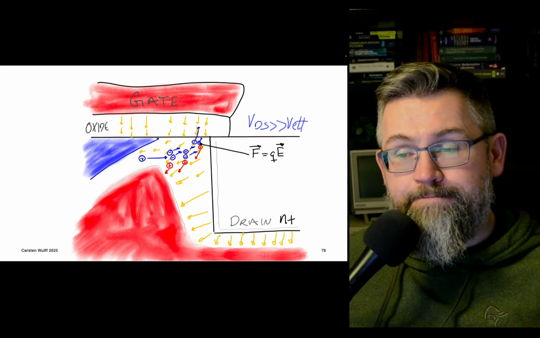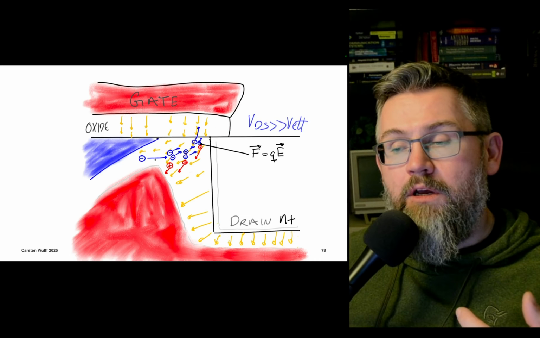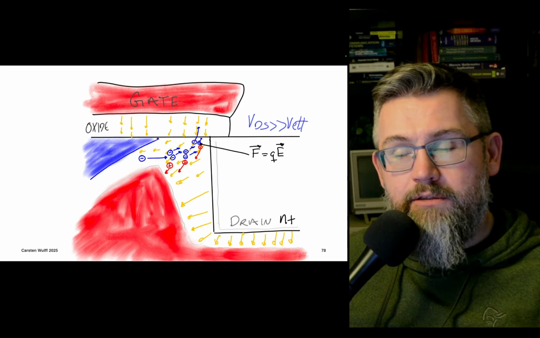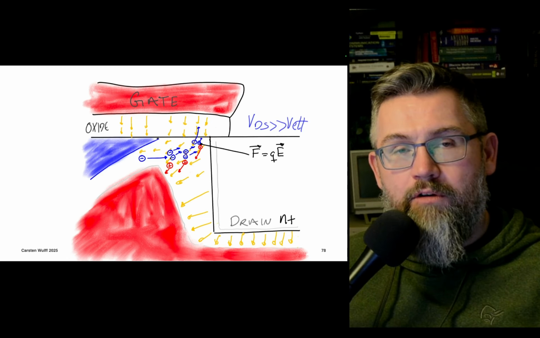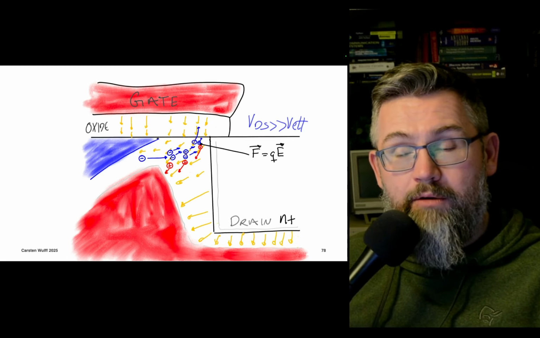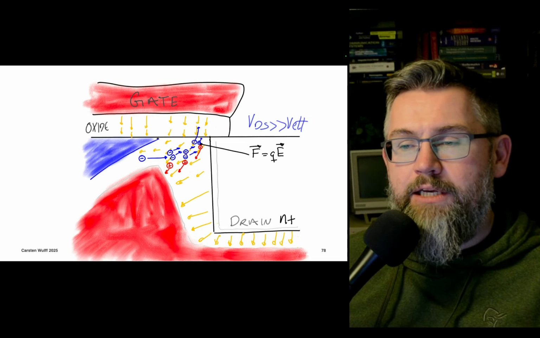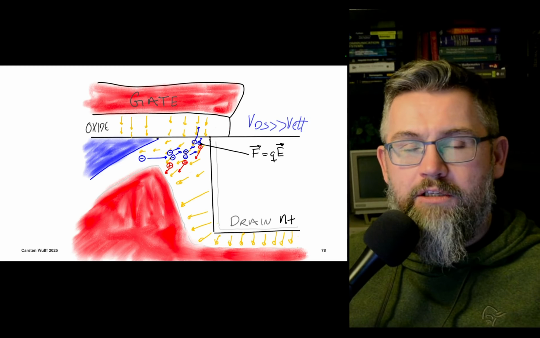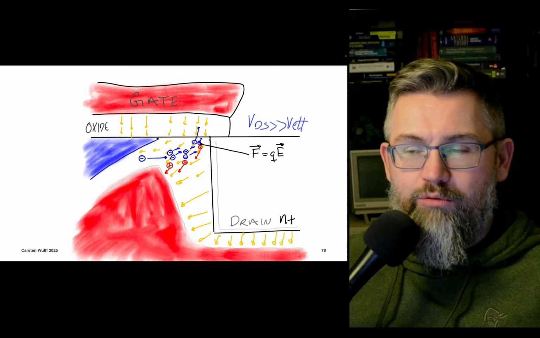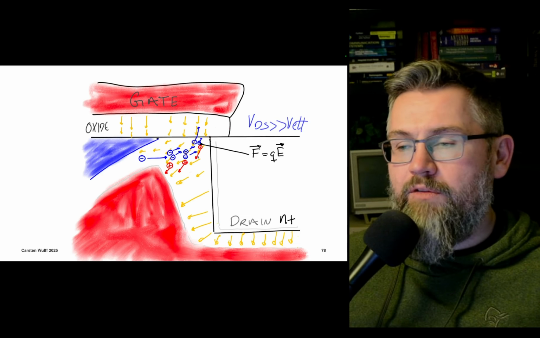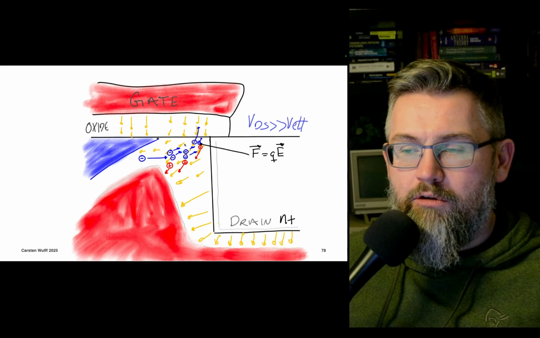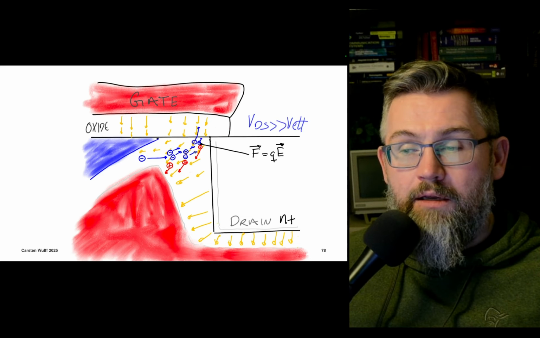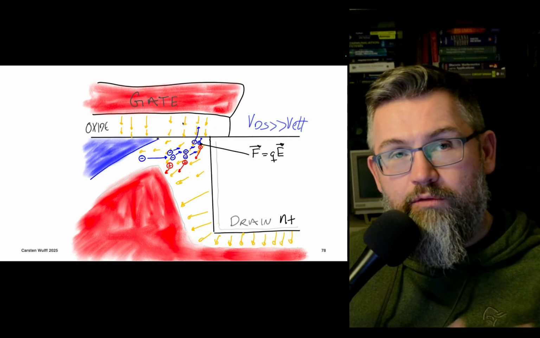The electrons accelerate to such high energies that when they scatter off the crystal lattice, they can knock out a new electron from a bound state, freeing an electron-hole pair. This can happen multiple times: the new electron can be accelerated again and generate another electron-hole pair. And the bad thing is that in this depletion region close to the surface, there's also a pretty high field from the gate, which means we can inject electrons into the gate,